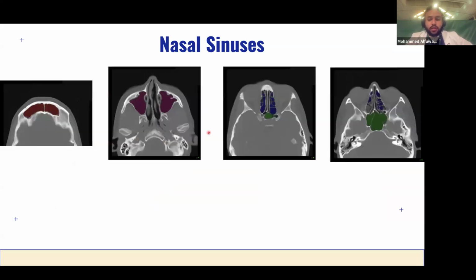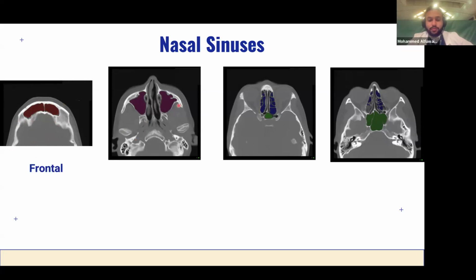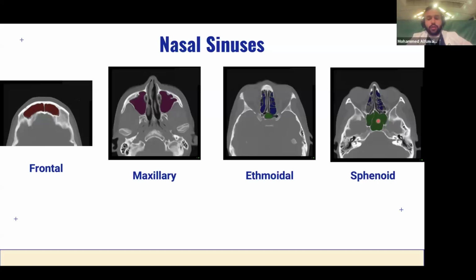So now I want you to identify, these are CT scans. Which sinus is this one? Frontal. Excellent. This one, maxillary. These, the blue ones, ethmoidal. And then this one, sphenoidal. Now, what's very important when you look at the CT is you need to understand one major thing,